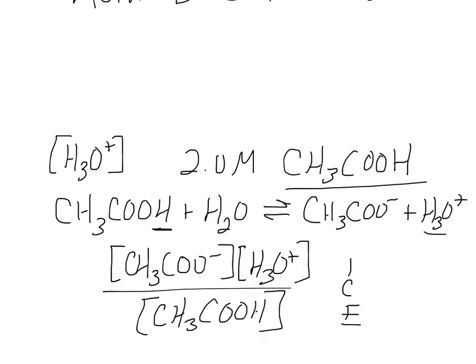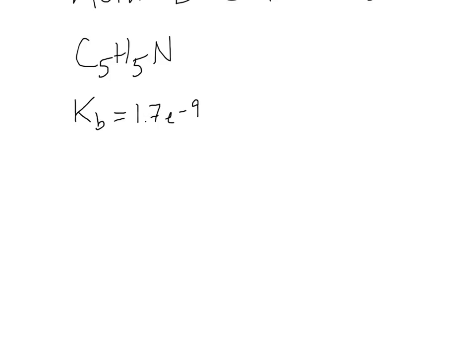All right, now let's look at another example. Again, you have to decide whether it's a weak acid or a weak base, strong acid, strong base. Hopefully you recognize right away it's not one of the strongs. So now whether it's an acid or base, one of the clues is they give you a Kb value. If they give you a Kb value, then that's a way to recognize that this is going to be a base. That means when it reacts with water, it's going to take one of the hydrogens away from water, and